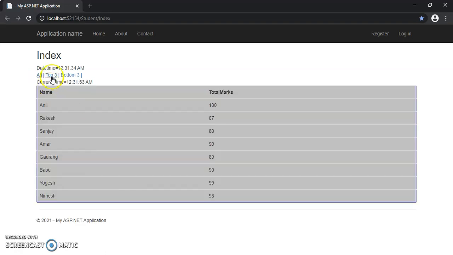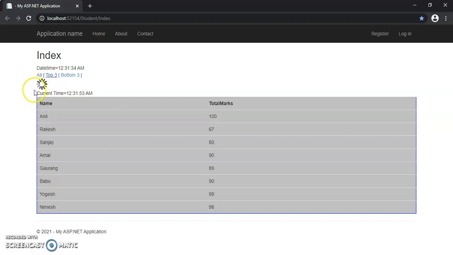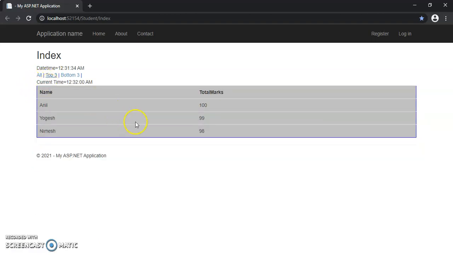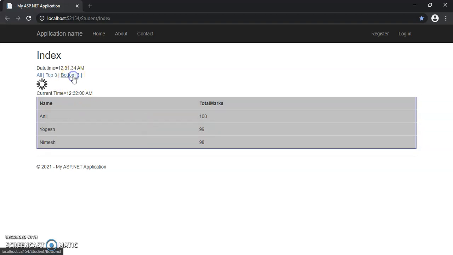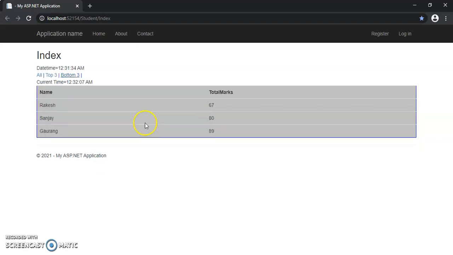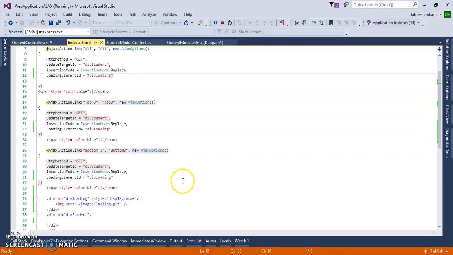For top 3 also it takes 4 seconds to complete the process and display the page. Bottom 3 takes 4 seconds and displays the bottom page. So the loading element ID is useful to tell the client that the process is continuing.